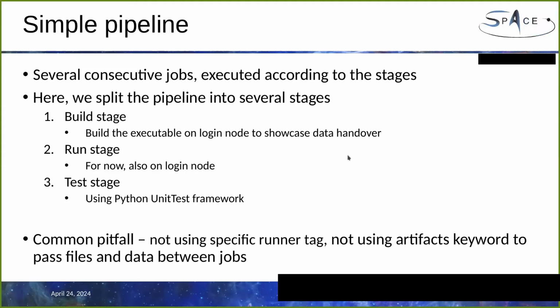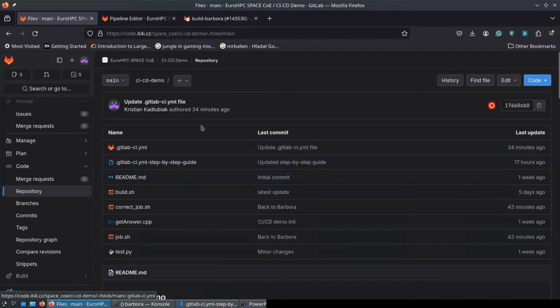So you've already seen a simple pipeline. Yeah. I will start by presenting a simple pipeline that can actually run a job on IT4I infrastructure. I have this simple repository which is a part of Space COE group, so you can have a look and